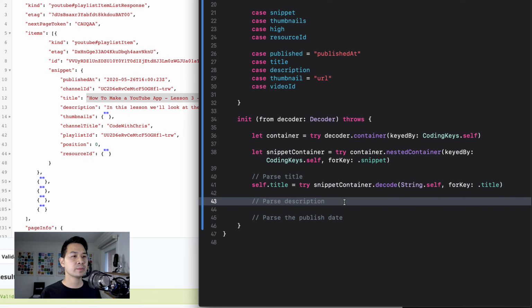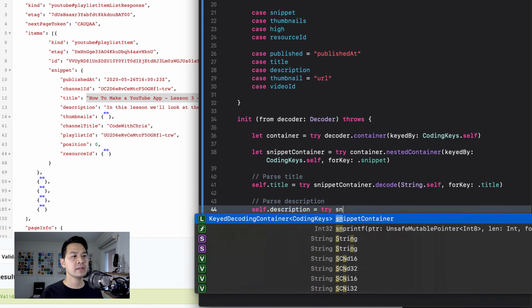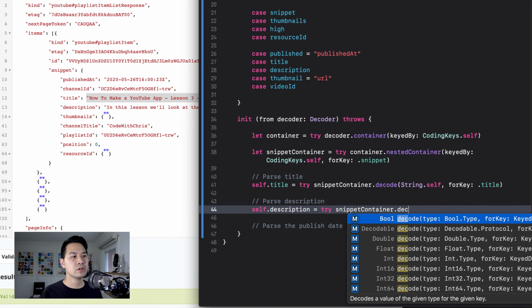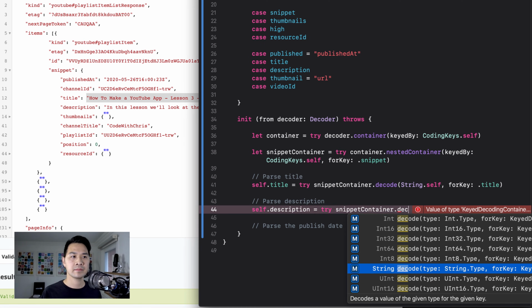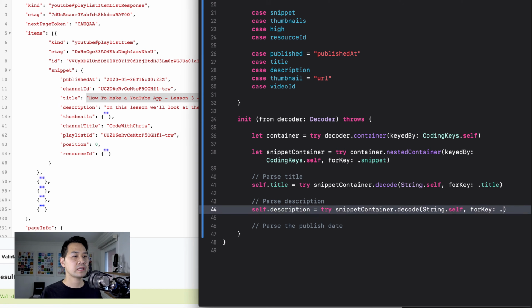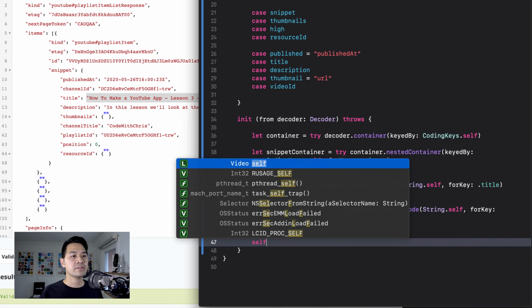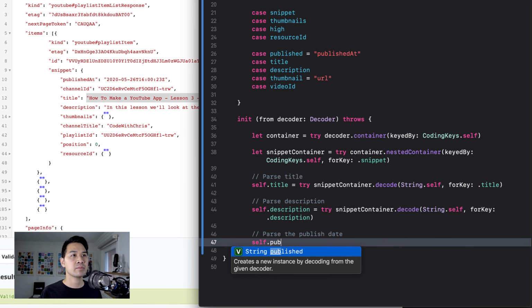Okay, next for description. So self.description is equal to try snippet container.decode, and again, it's going to be string type, string.self for the key description. Okay, and for this last one, self published